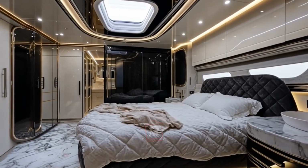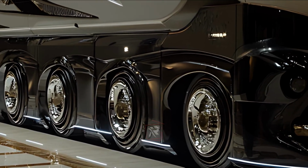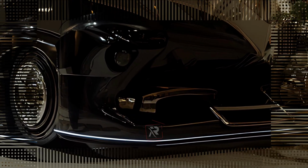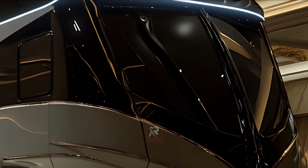Living lounge. This contemporary yet comfortable space has a 65-inch 8K screen, a Bowers & Wilkins 3D sound system, and heated and ventilated leather recliners. During the day, a panoramic smart skylight fills the room with natural light, and at night, it turns into a